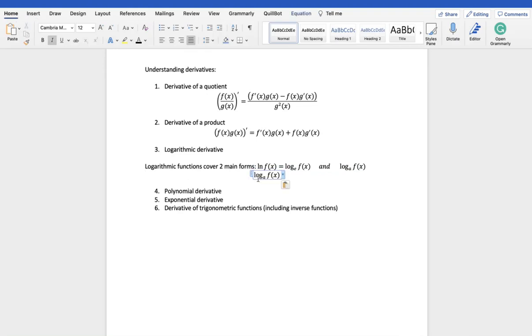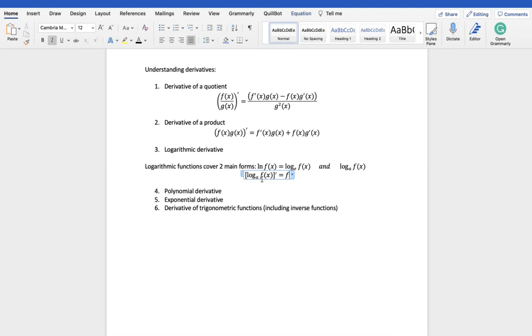For those two forms, first we'll derive the general form, and then we'll look at the specific case of the natural logarithm. The general form tells you that if you have the logarithm of a function f of x to the base a,